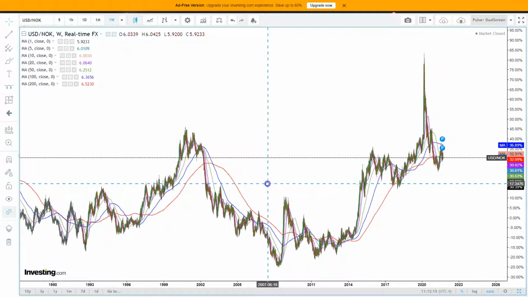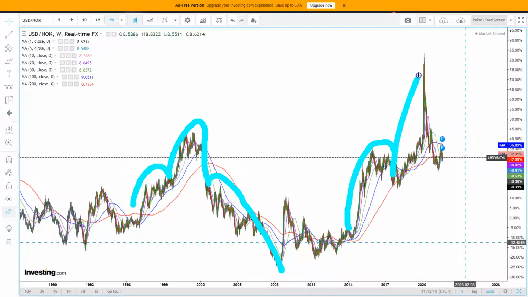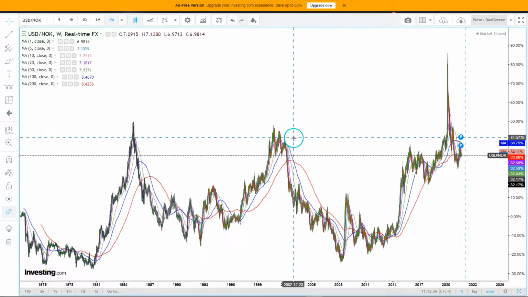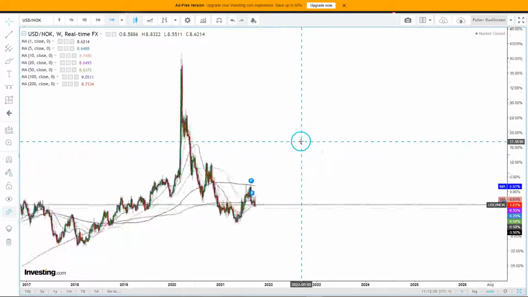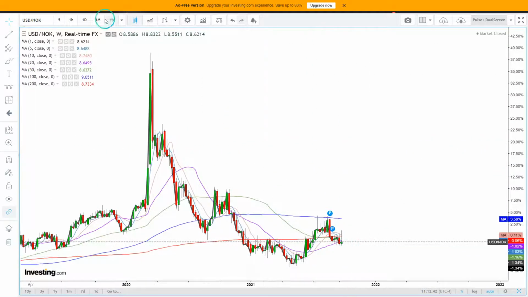If you look here at the history of this pair, we do form this head and shoulder-ish pattern and have a major sell-off. This could be a left shoulder, could very well be a head, and maybe we are now in the process, through this current time cycle, of forming that right shoulder. That is a potentiality. If we zoom in a bit here, we don't have anything in particular, so let's just